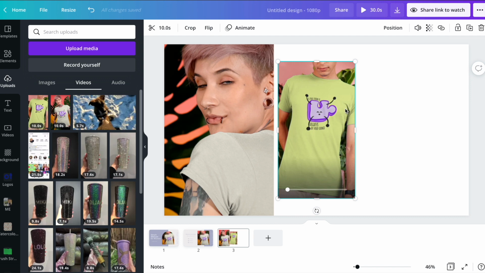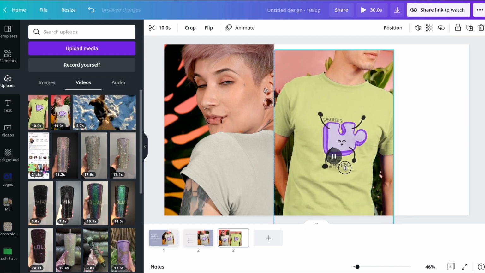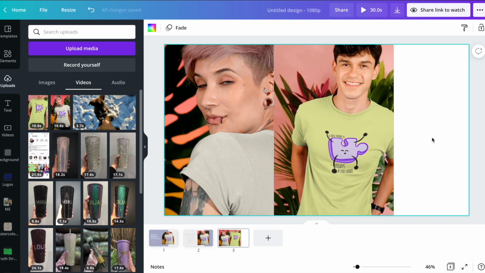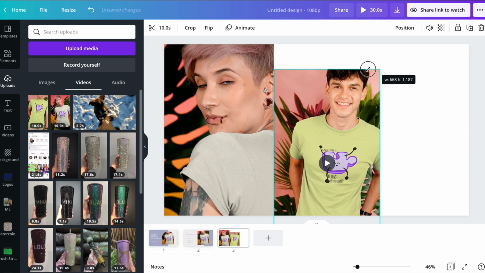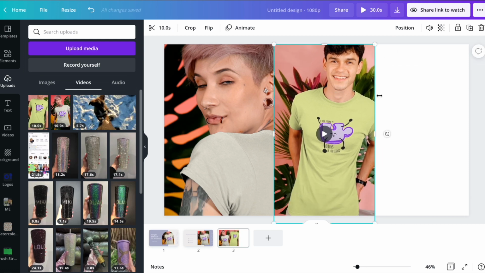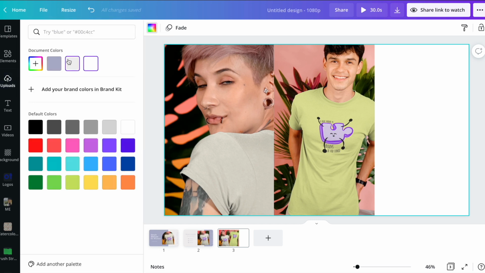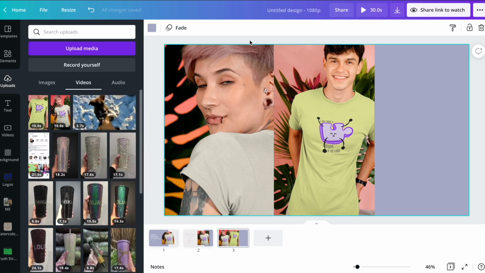Our man was uploaded, and I'm going to grab it and make it bigger, just like I made this one bigger. And I have a little space on the side here. Now, obviously, I can choose to make this whole thing into a square and not have this space here. But if I do have a space here, what I can do is basically add elements within the design of the shop. So for example, the logo of the shop,